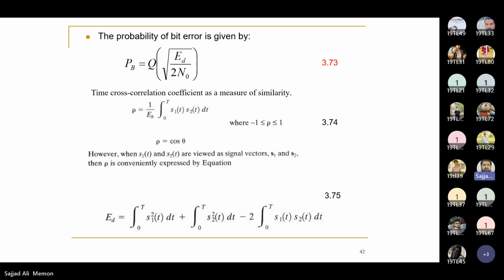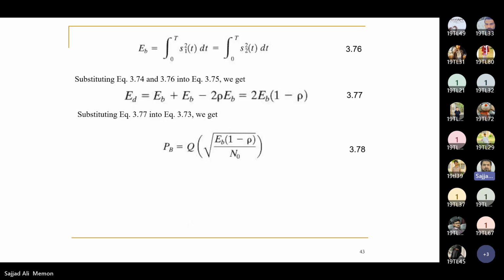But there is no EB there, so you have to put EB by yourself and then replace 1 over EB, integral 0 to T S1 S2, by this factor, the cross-correlation factor, and EB will be there. So that will be 2 times the cross-correlation times EB, which is equal to 2 EB (1 minus this). So then substituting this equation 3.77 into equation 3.73, we get equation 3.78. So this equation